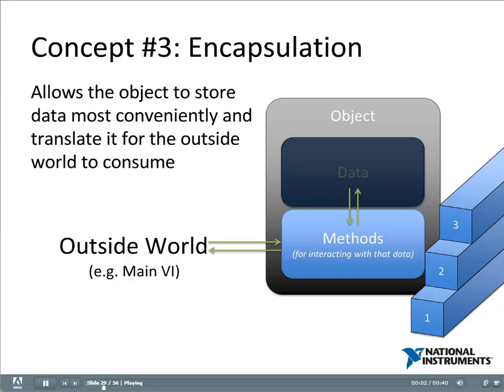The benefit here, of course, is that an object can store data in its most convenient fashion, and then it can serve up that data to the rest of the outside world or the rest of the application in the way most convenient for that application. So there's a translation that can occur with that data, and that happens in the form of the method that you use to interact with that data. And that also gives yet another benefit, which is that there's a single choke point that you as the developer need to go to in order to fix bugs or make enhancements to your application. And that's the individual methods that we call accessors